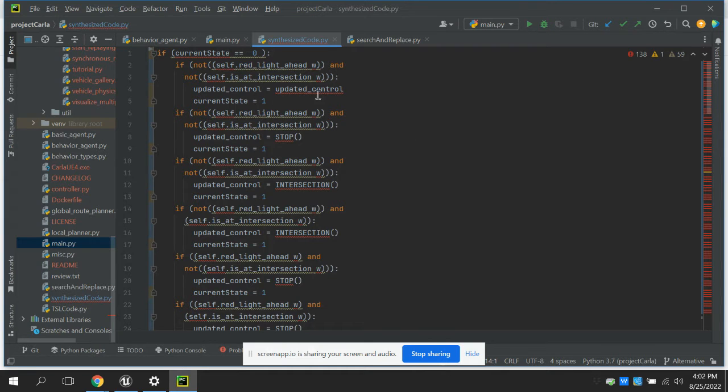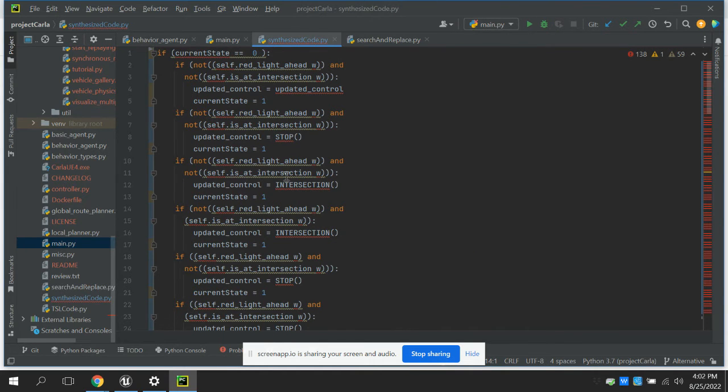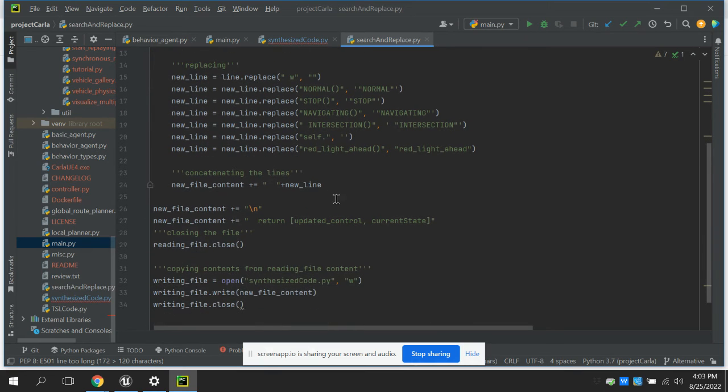And we also have unbalanced parentheses. So in order to correct that, I wrote a search and replace program. This code is supposed to be under a function. So in the search and replace program, I added a function definition, and I also added